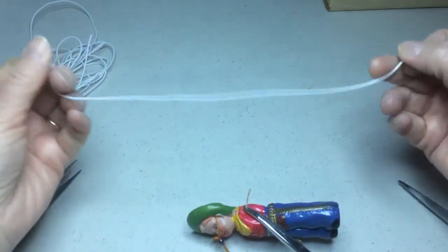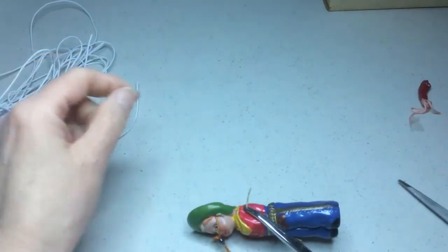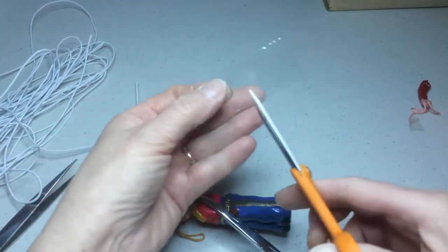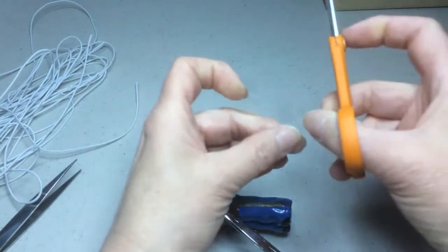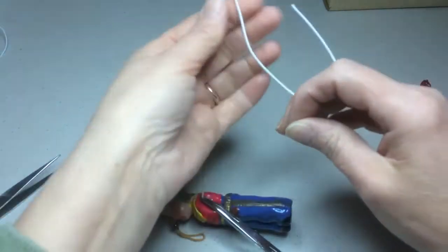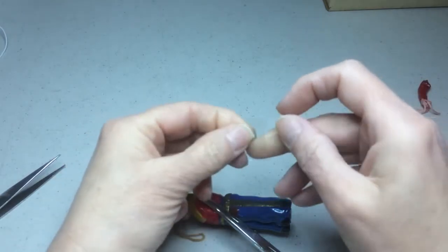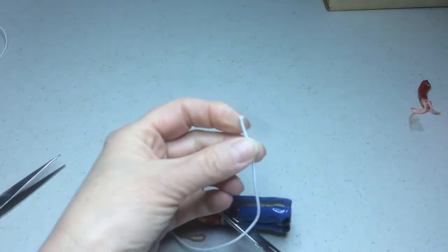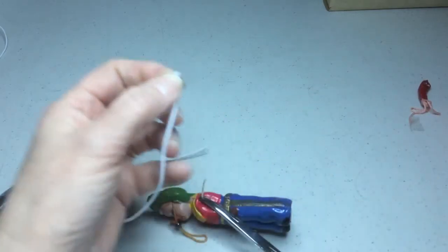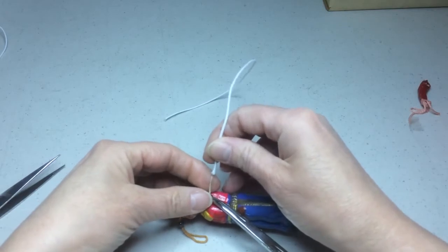Okay, I've cut a piece of the elastic cord about 8-10 inches long. That is way more than I need, but that way I have plenty to work with. Now I'm going to cut a small piece of tape. Just need a little bit. Rest of this out of the way. I'm going to put the tape on the piece of cord, unless it wants to stick to me, not to the cord. Cut it a little bit smaller. And the other end is going to go on the old cord that's still in the doll. I'm going to butt them end to end